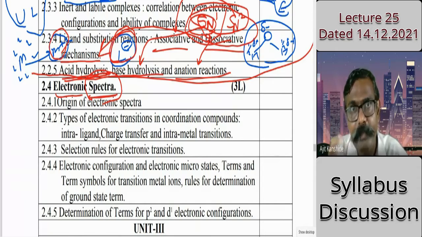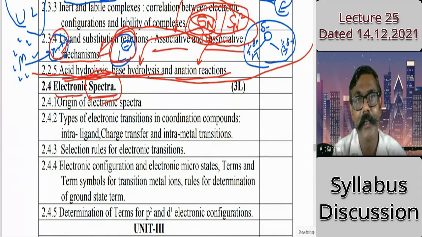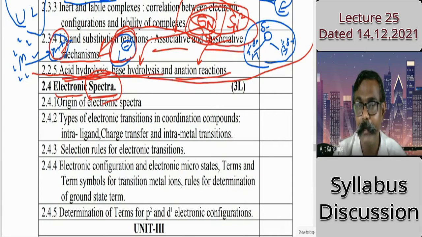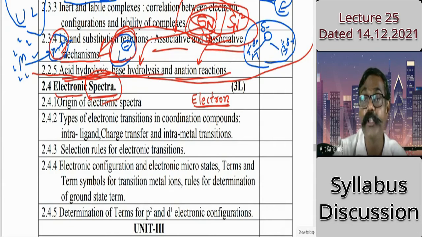Spectrum is not only visible. It can be in infrared. It can be in gamma rays or X-rays. It can be in microwave. Therefore, different labels are given to the spectrum. If it is ultraviolet or visible, we say the spectrum is due to the transition of electrons. It is in UV and visible.